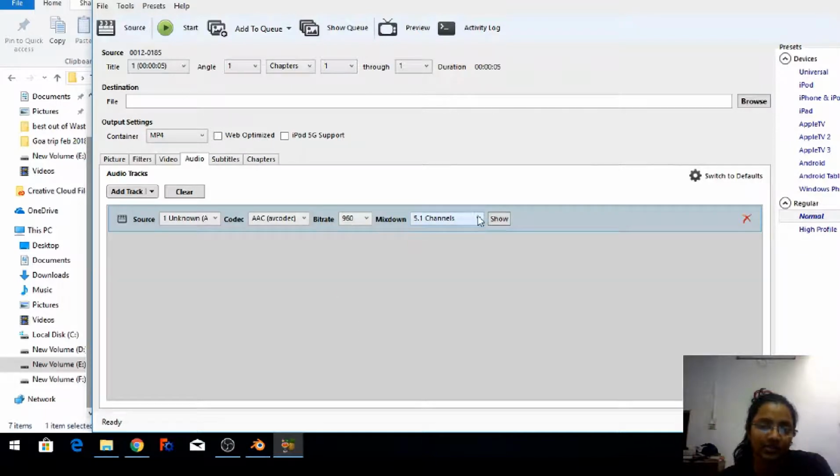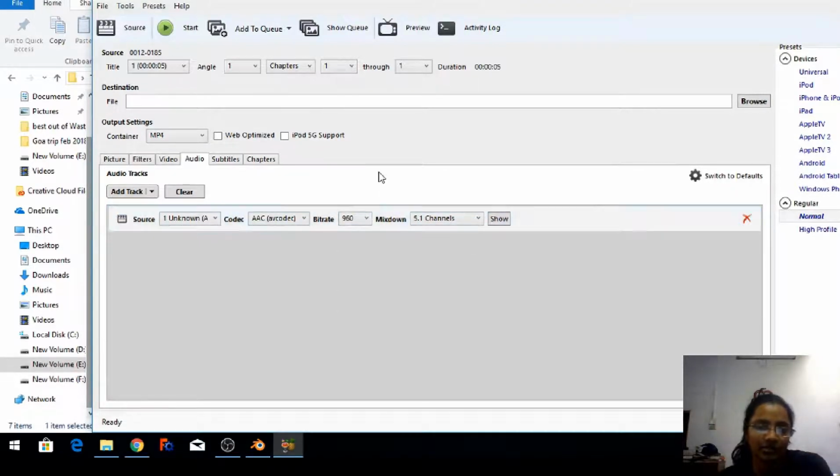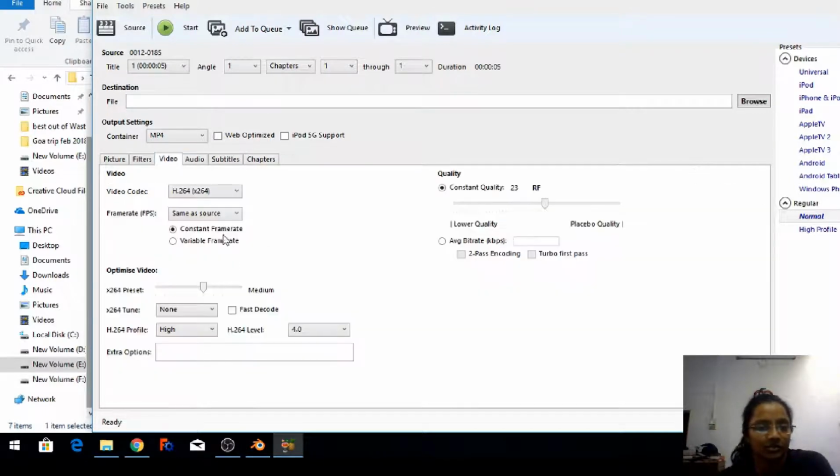So mine is a stereo voice recorder, so instead of putting stereo, I use this. But if you're recording at a lower bitrate, then there's no problem, you can encode it at 448. So right now this file doesn't have any audio, so these are the settings that I'm using,